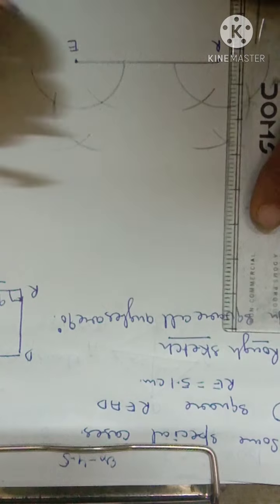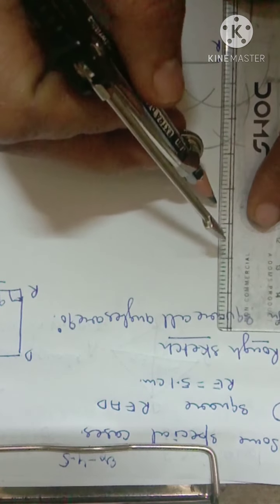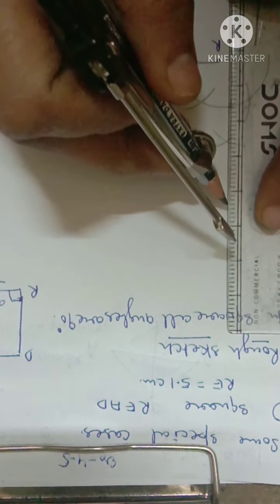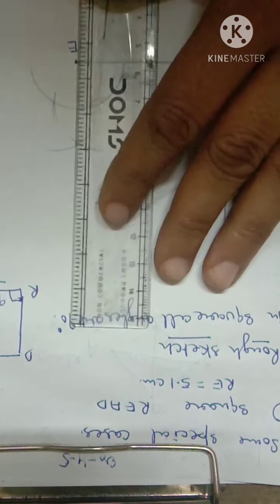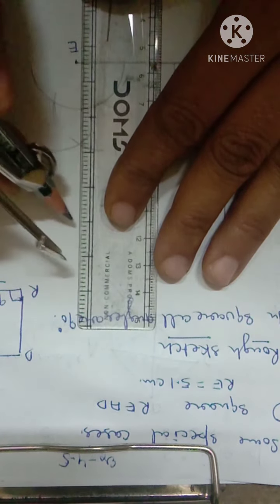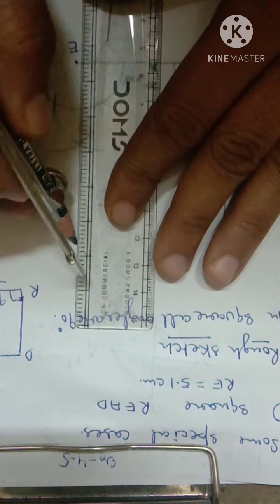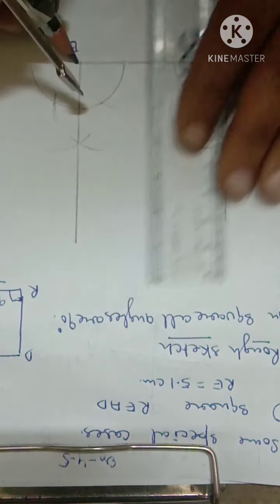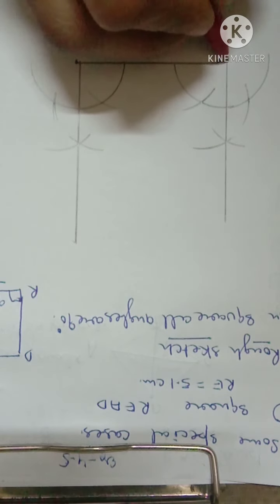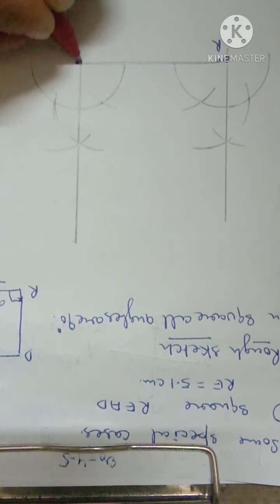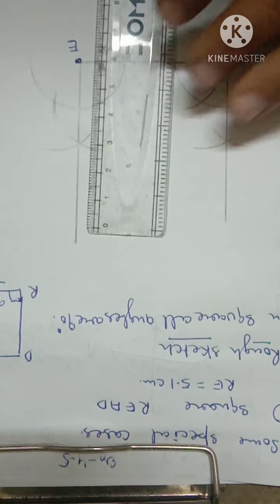Then I got it. But there is a minor difference. You can adjust accordingly. Here are points R and E. Now, in a square,